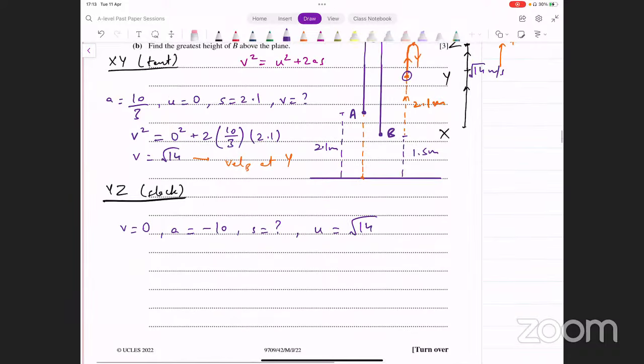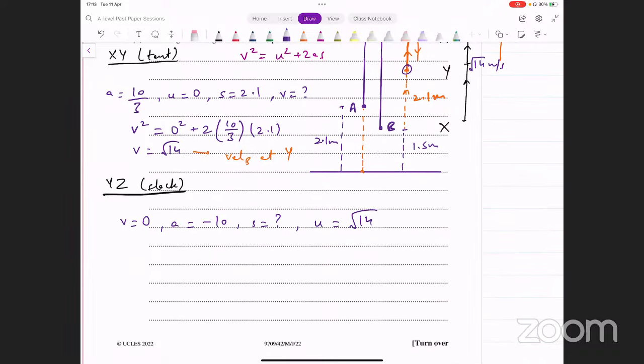2as equals v square minus u square, या ये फॉर्म यूज कर लें जो ऊपर लिखी है, that would give us 0 squared equals u squared, which is going to be square root of 14 का होल स्क्वायर्ड plus 2 into a, which is -10 into s। यहाँ से आपके पास s की वैल्यू आ जाएगी, so you're basically getting 20s equals 14, and s is going to be equal to 14/20, which is 0.7।